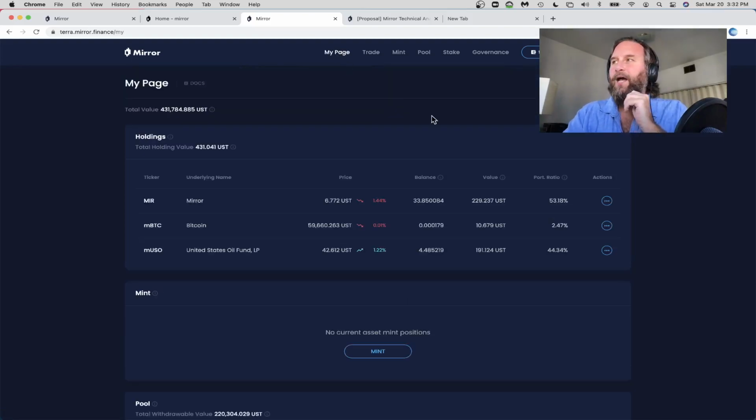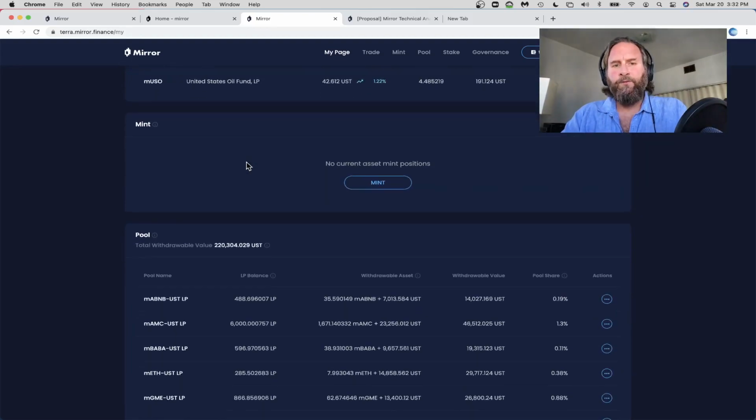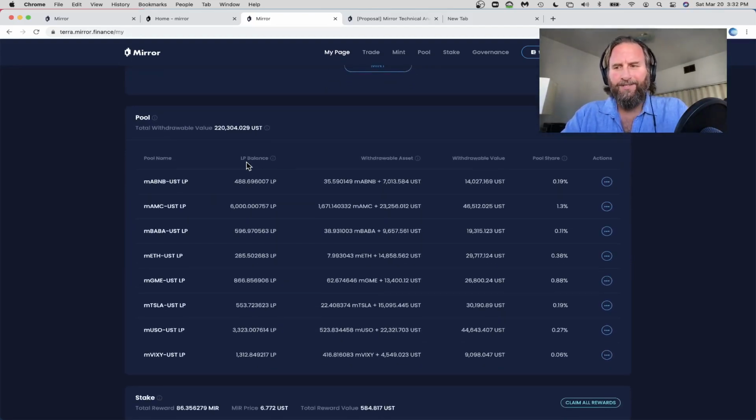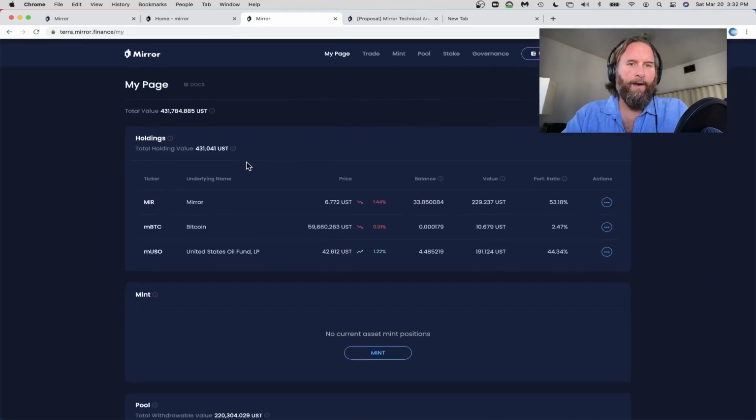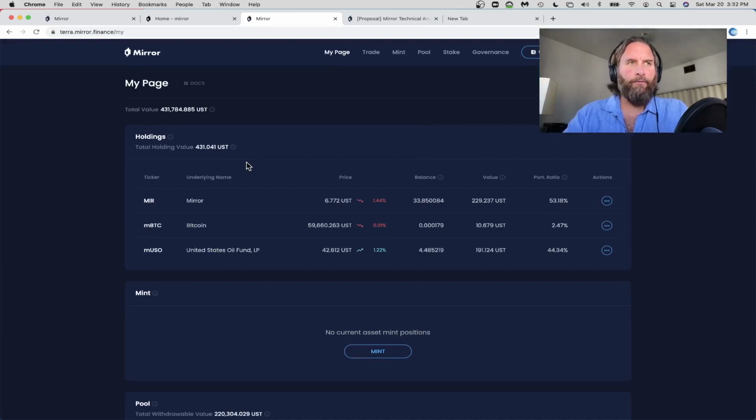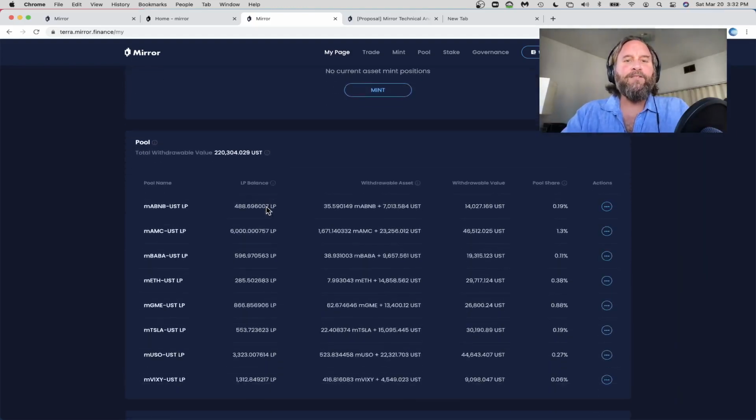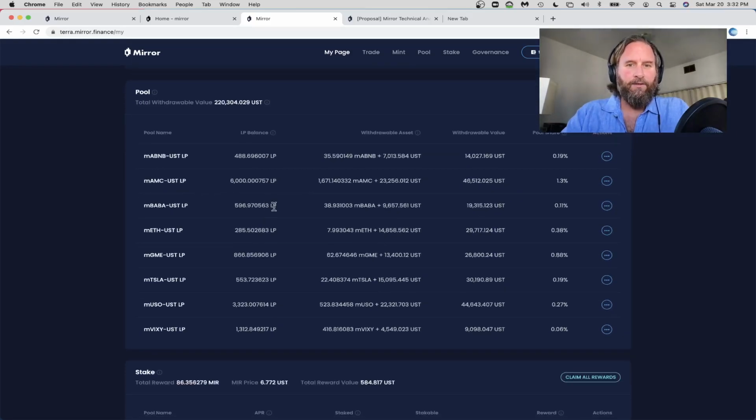Okay, so here's my Mirror page, right? This is my Mirror account. I've got a couple of assets here, not too much holdings, but you can see that the total value of my account is over $400,000, right? So I'm not just a guy talking about, hey, this is a great protocol. Come, I got $10 on here. I've got some serious money on here, all right? This is no joke,